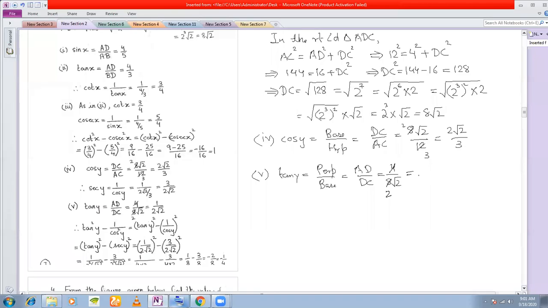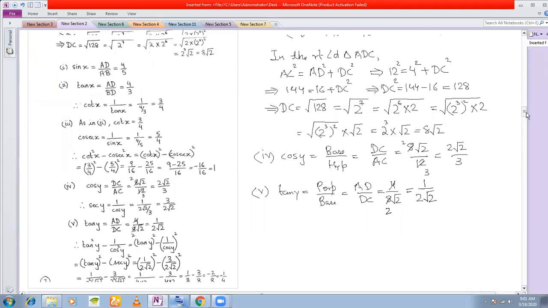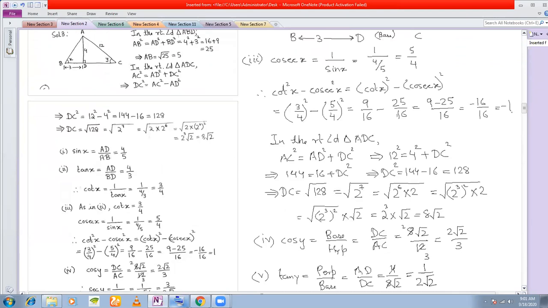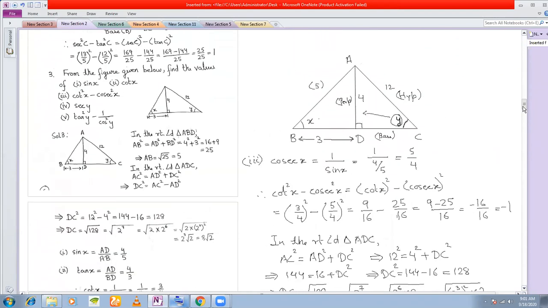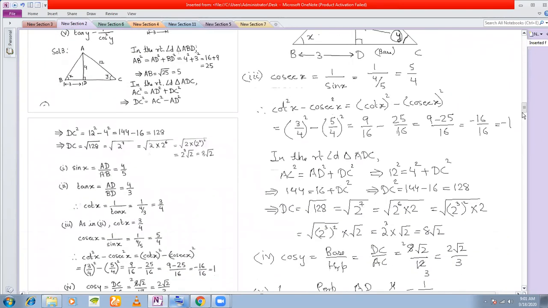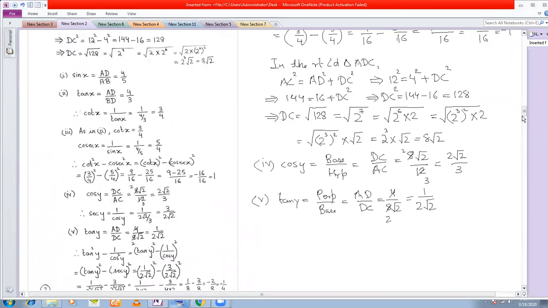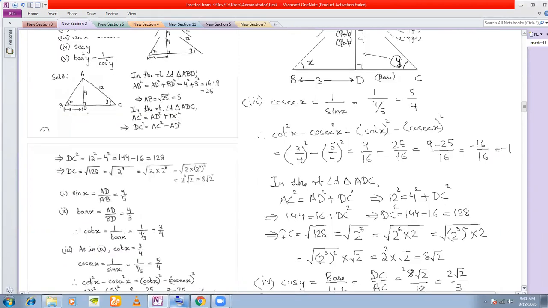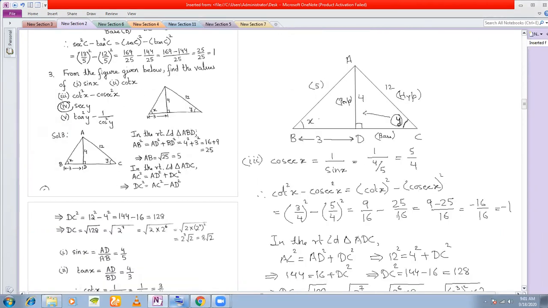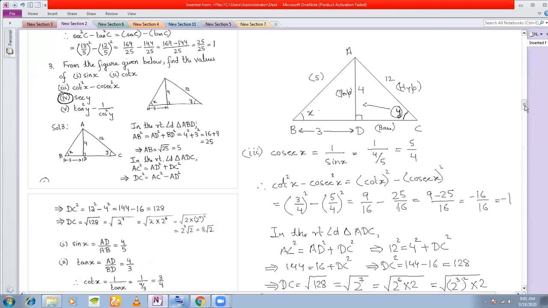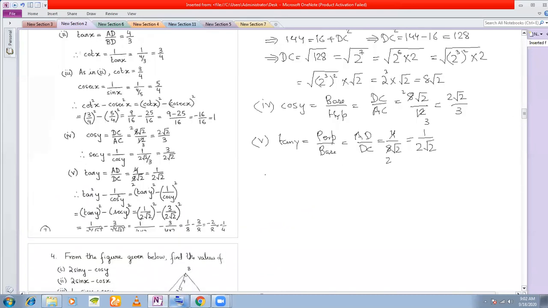So here tan y is equal to AD by BC, which comes to 1 by 2 root 2. Once I have found the value of tan y, I'll proceed to find the value of 1 by cos square y. How do I find 1 by cos square y? In the fourth part of this problem, I had found sec y. Since sec is the reciprocal of cos, you can find cos y also.